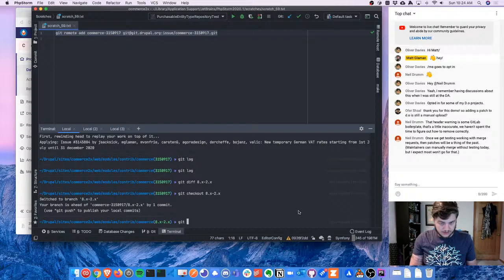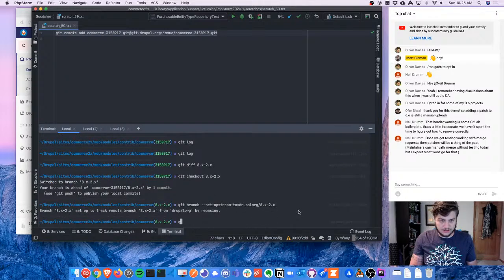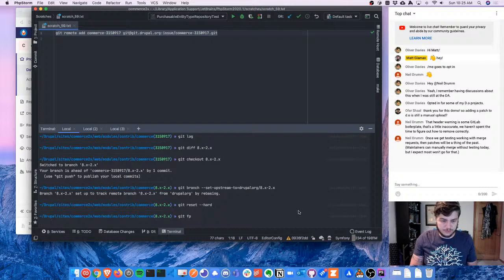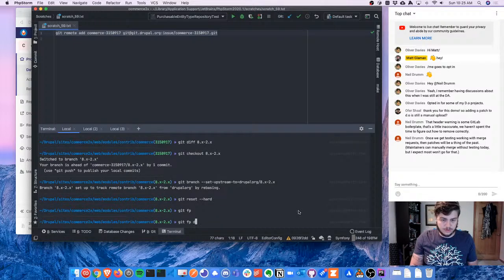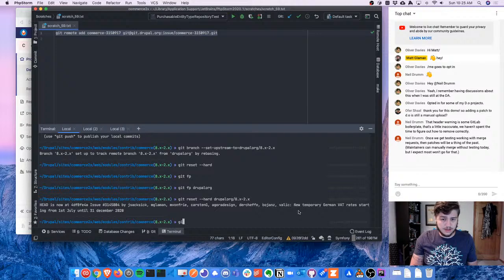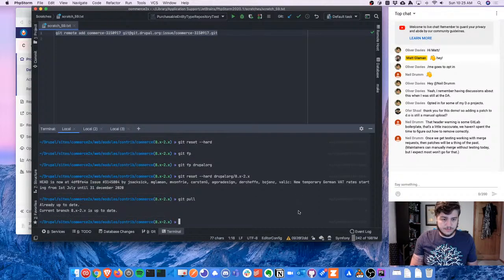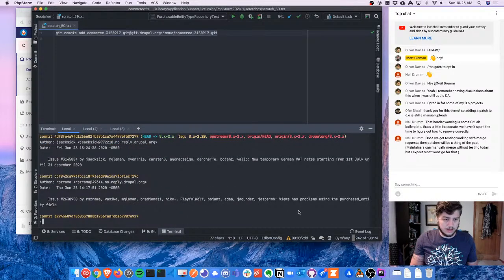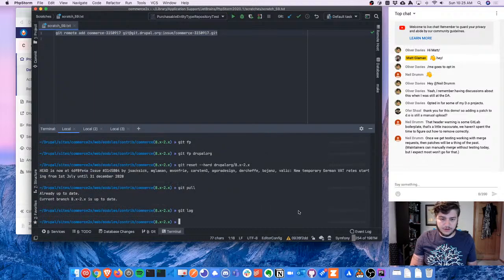So if I do git branch set upstream to Drupal.org 8.x, git reset hard, or git fetch prune. All right, let me do git fetch prune of Drupal.org. Git reset hard Drupal.org 8.x. Git log. Okay, I fixed my 8.x 2.x branch. Now if I check out,